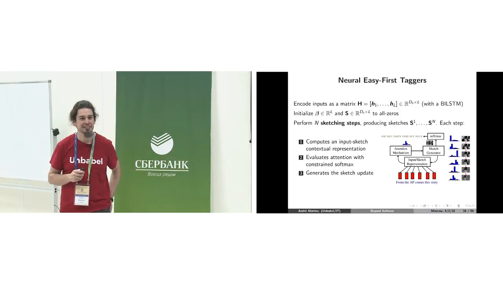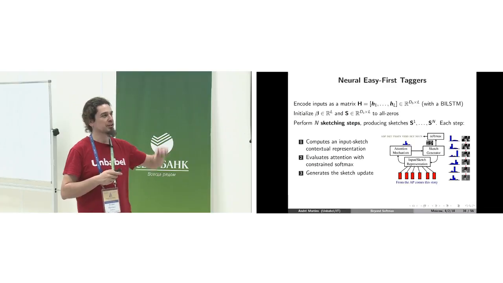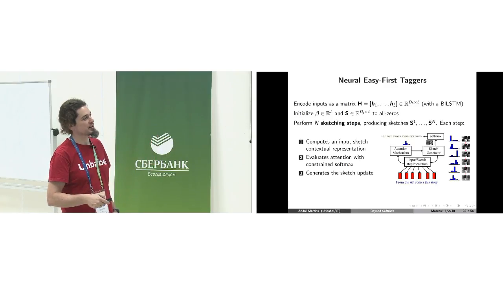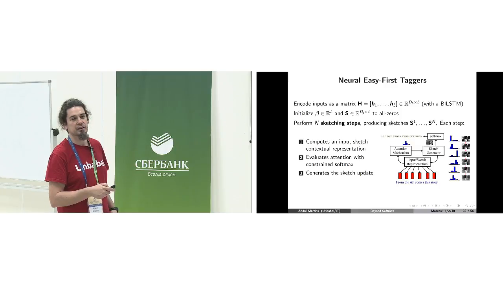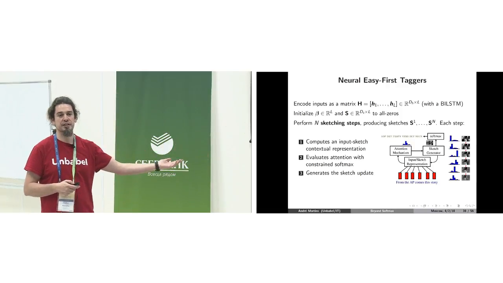For every word you have, what is included in this sketch matrix? You can regard each column of this matrix as an output embedding for the word. So for example, for the word AP, this will be an embedding-size vector that is going to be very aligned to the part-of-speech tag. So these sketches should be very discriminative for the labels that we are going to assign in the end.